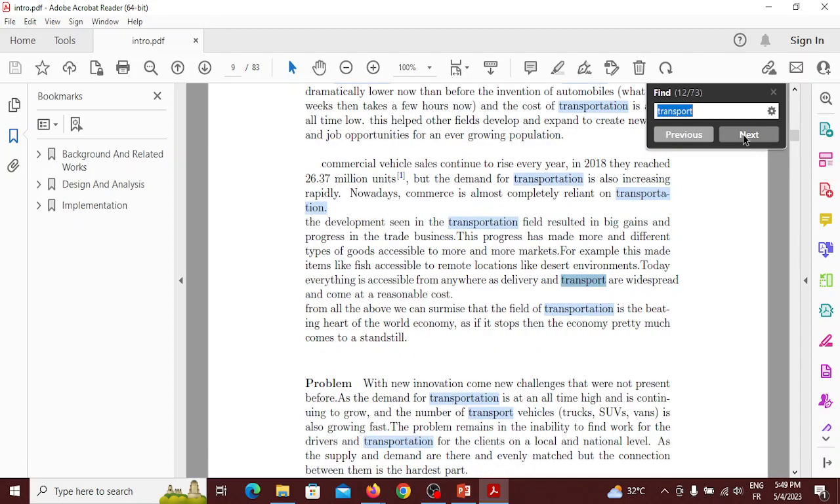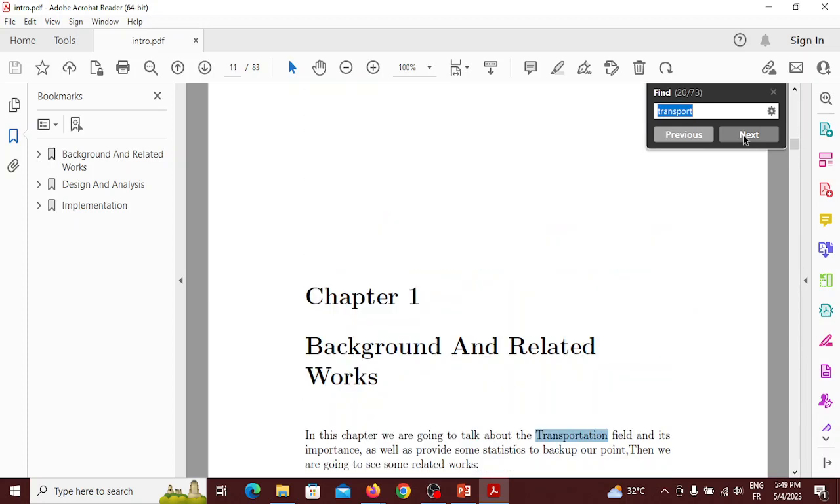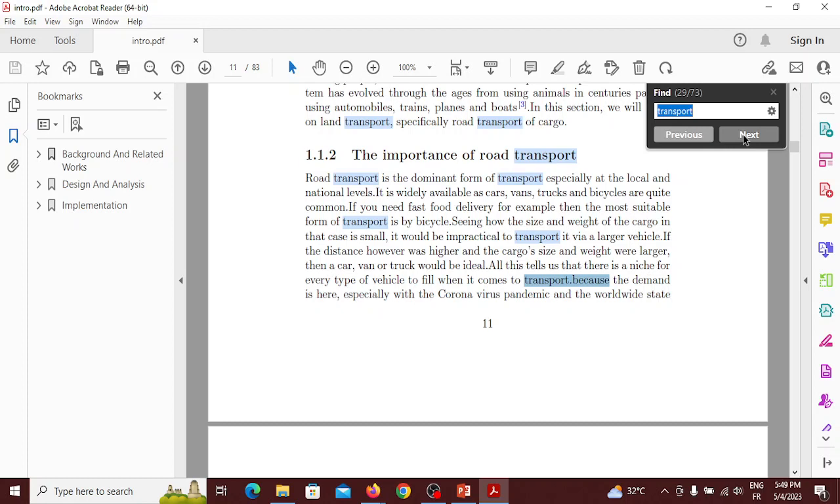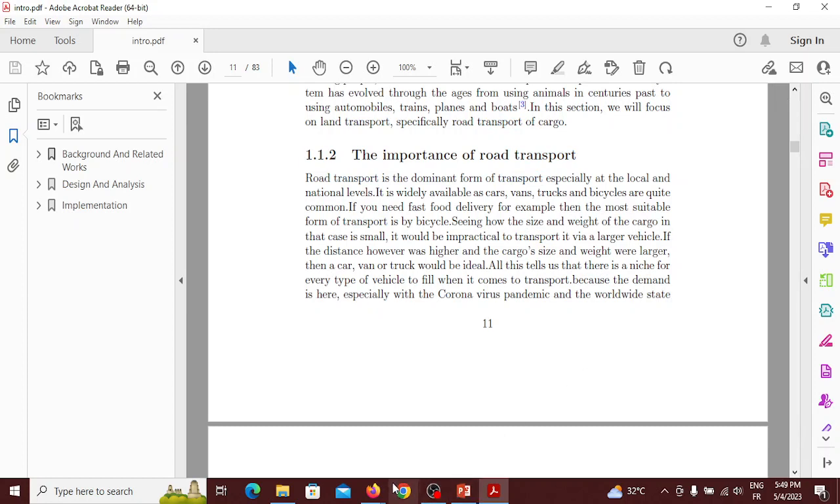multiple mentions of transportation in this document, and you cycle through the document until I reach the desired expression that I was looking for. Okay, it's really useful. It saves you a lot of time instead of looking manually and reading the whole document. If you remember a certain keyword or certain keywords, you can find your desired expressions through the control F